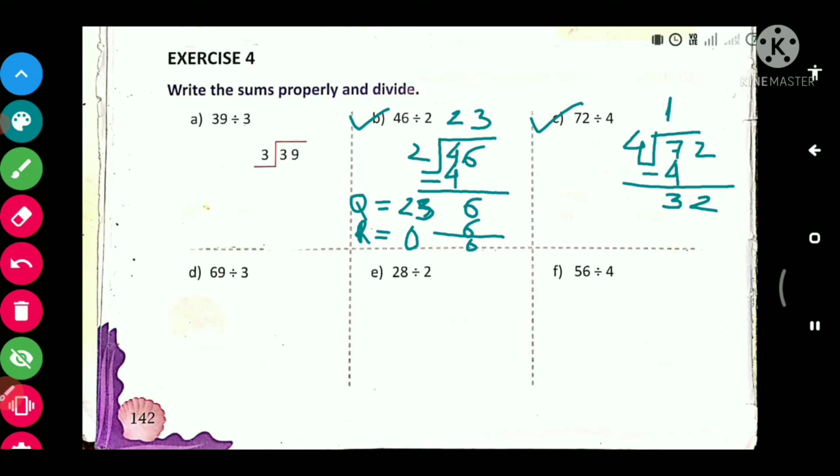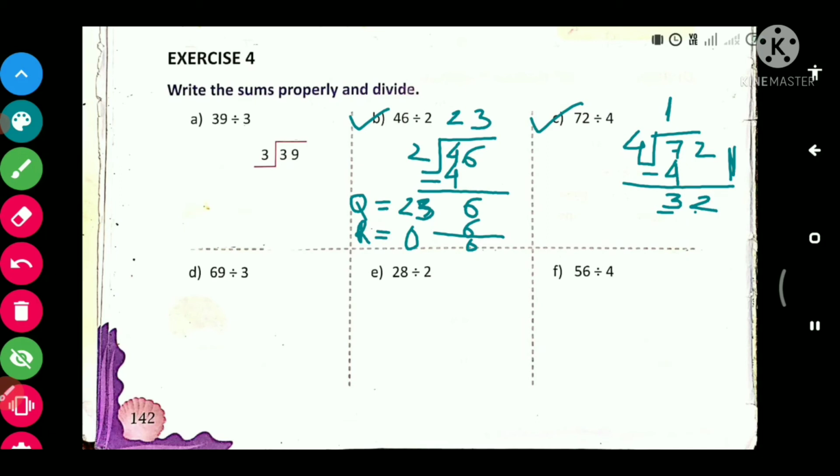Now see, here what we will do, we'll take the two numbers together. Now we'll not take only the tens place value. After subtracting any number while dividing, if we get any number, we'll include that number also. That means we'll take 3 as well as 2. Now the number is what? 32. So we'll check the multiplication table of 4 and see if 32 is there or not. If 32 is not there, we'll take the number that is slightly smaller than 32.